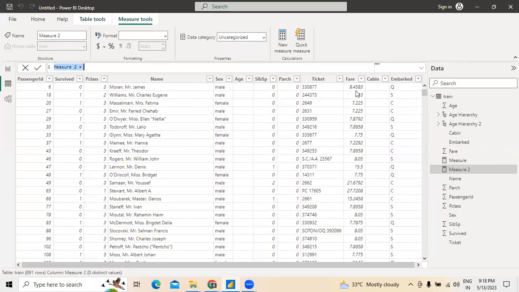right? So cabin is what we have taken. Measure 2 equal to,